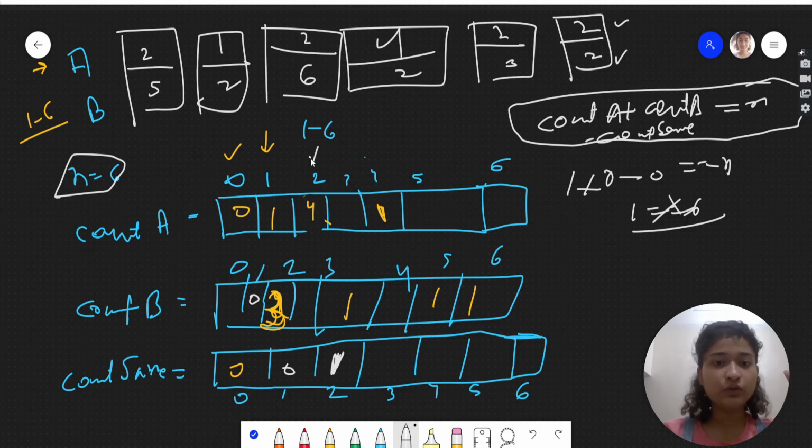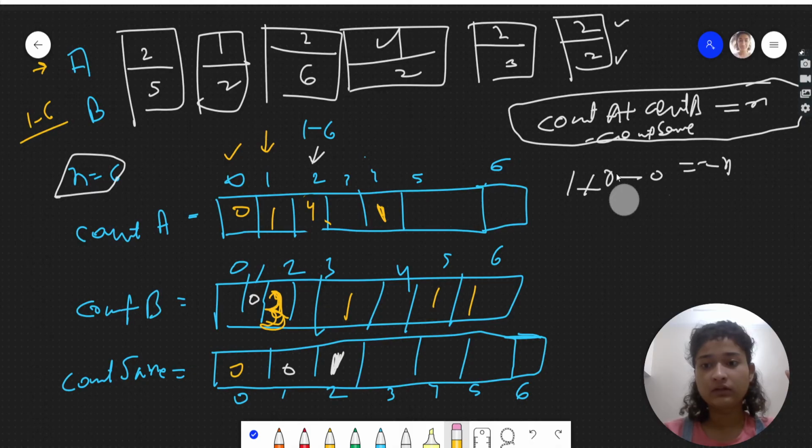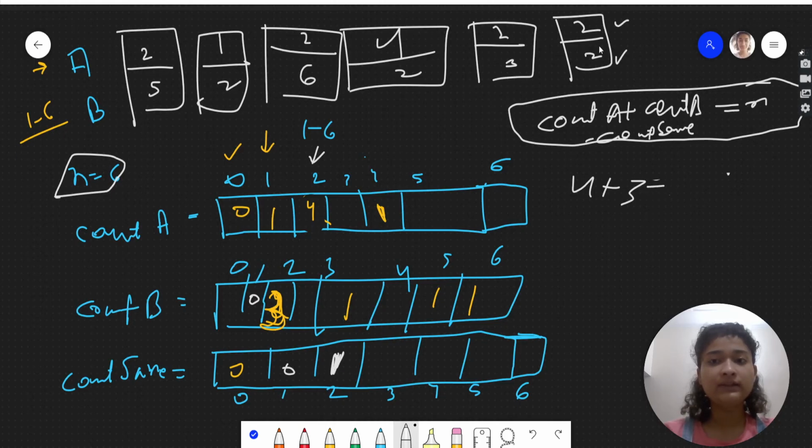Similarly, when we'll go to 2 here. So see, now what we will get? We will be getting 4, that is, 2 is occurring 4 times in the top half, plus count B, 3 times in the bottom half, 1 2 3, minus how many times it is the same.